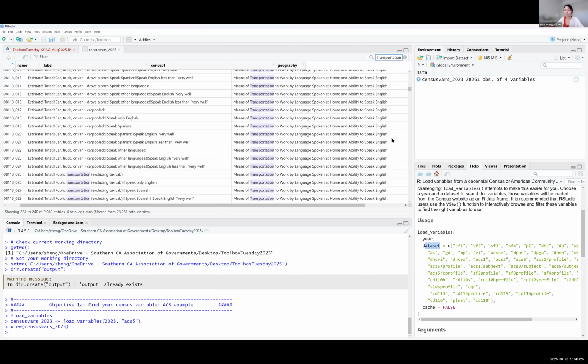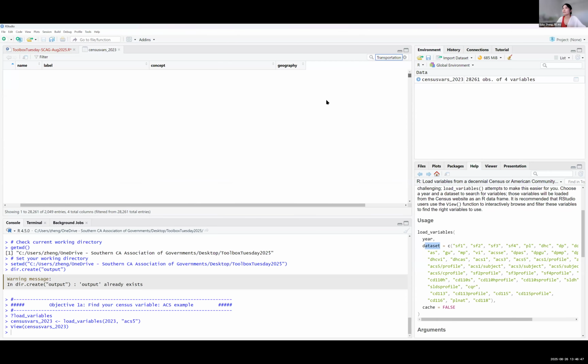So that's a different way to slice your variable. That's why knowing how to search for your variables is important, because just for transportation, you get all these different variables, and a lot of them are still related to work from home.